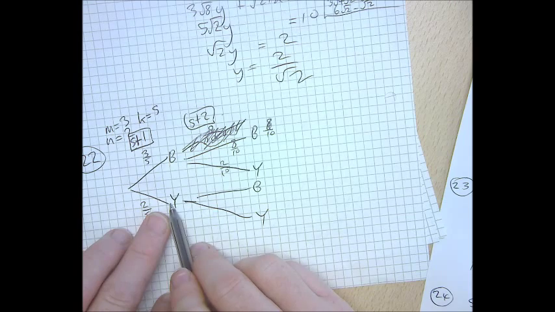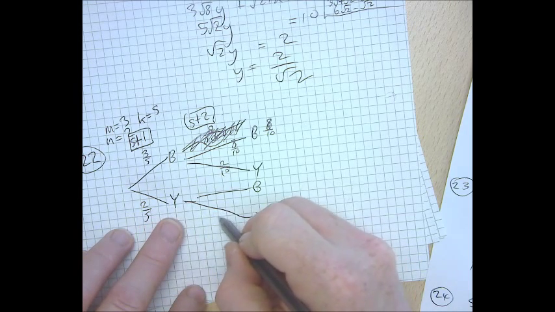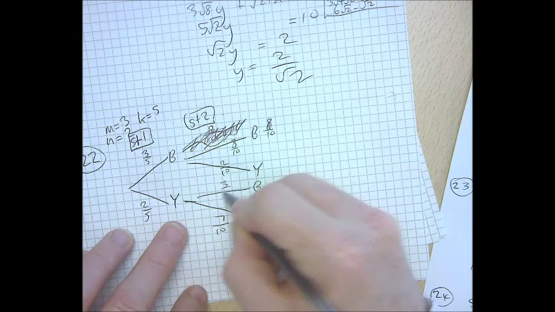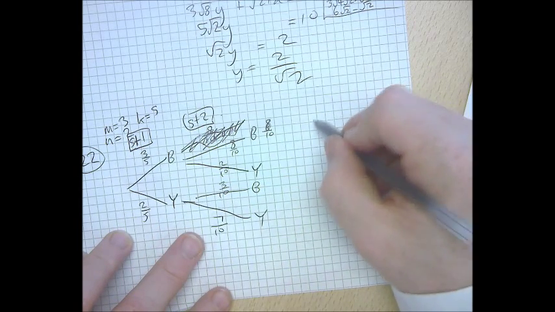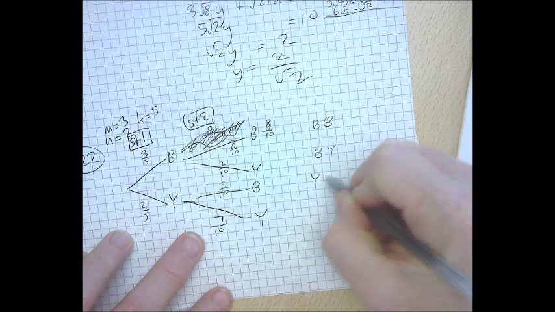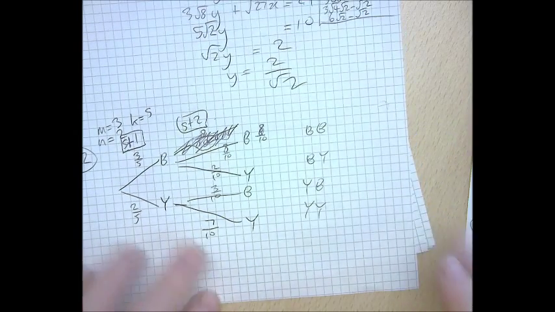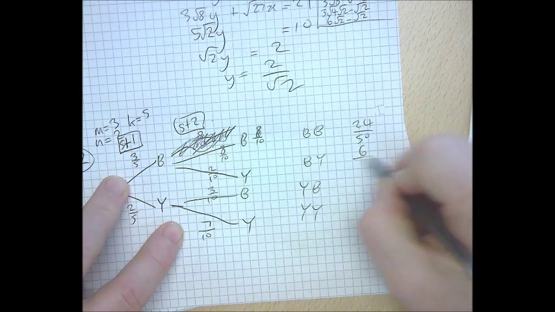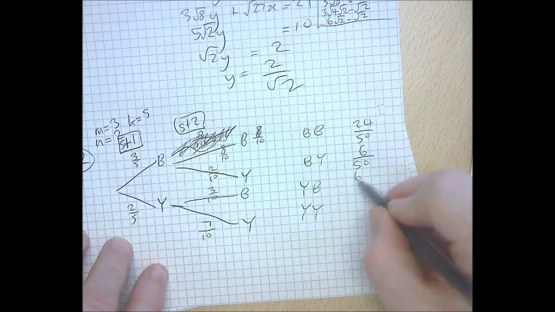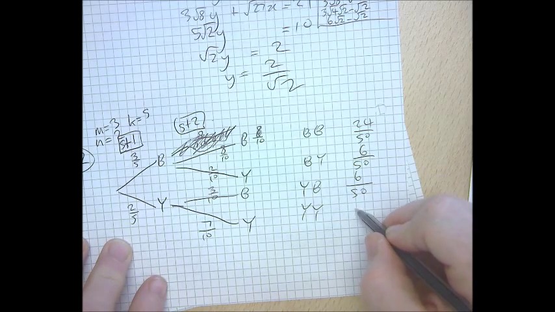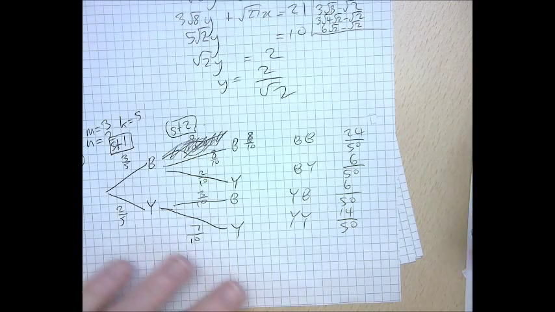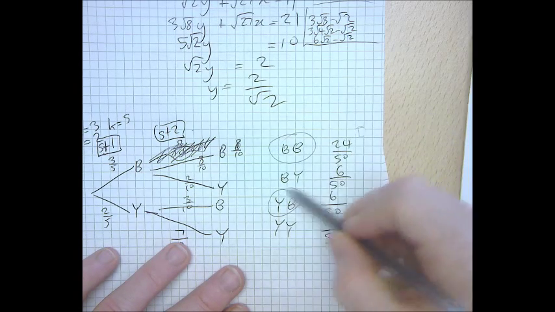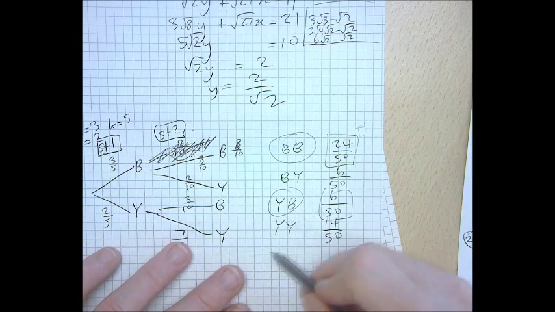If a yellow got pulled, 5 extra yellows will get put in, so it'll be 7 out of 10, and there'll still be the original blues there. So the summary is blue, blue, blue, Y, blue, Y, Y. Multiply the fractions, you get 24 over 50, 6 over 50, 6 over 50, and 14 over 50. What's the probability that the second ball picked is blue? It's these two items on the summary that we want. So it's 30